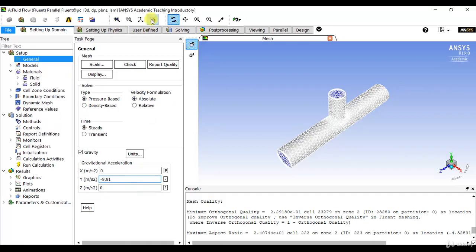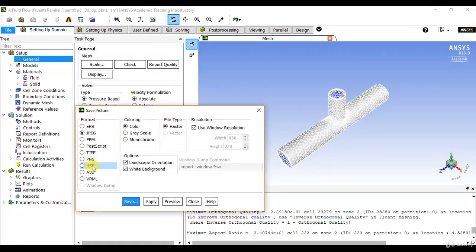And you can take a photograph here, save picture. You can change the format or coloring. I will not use